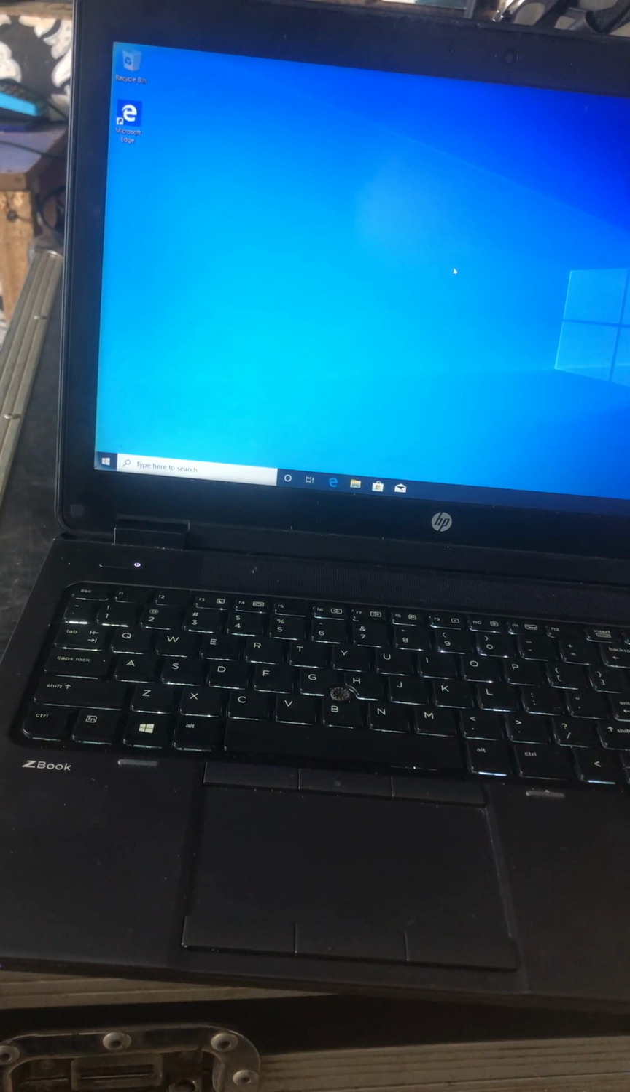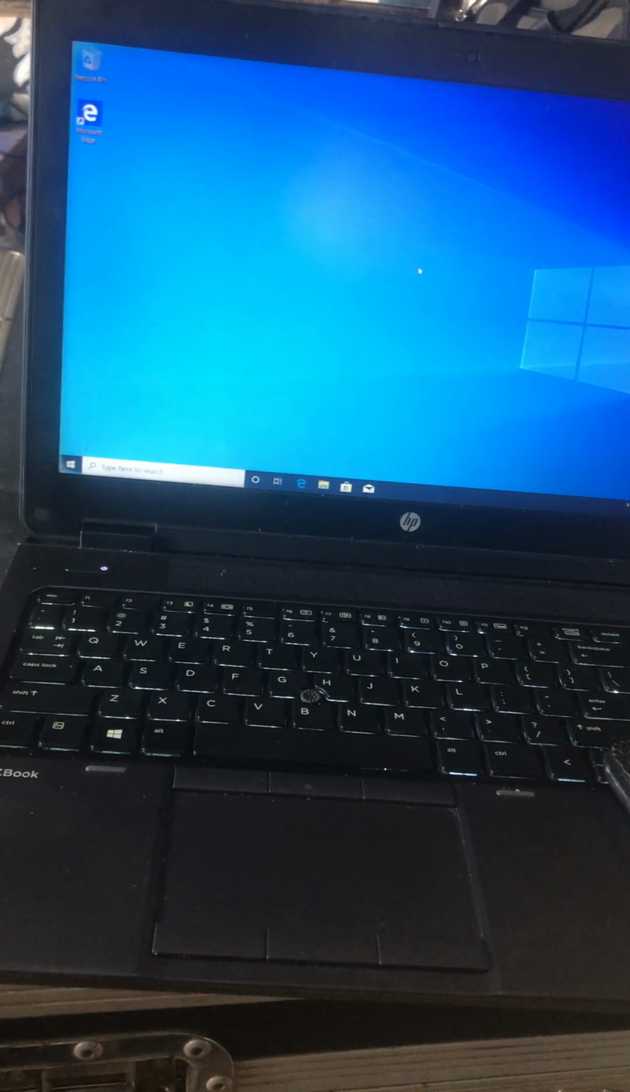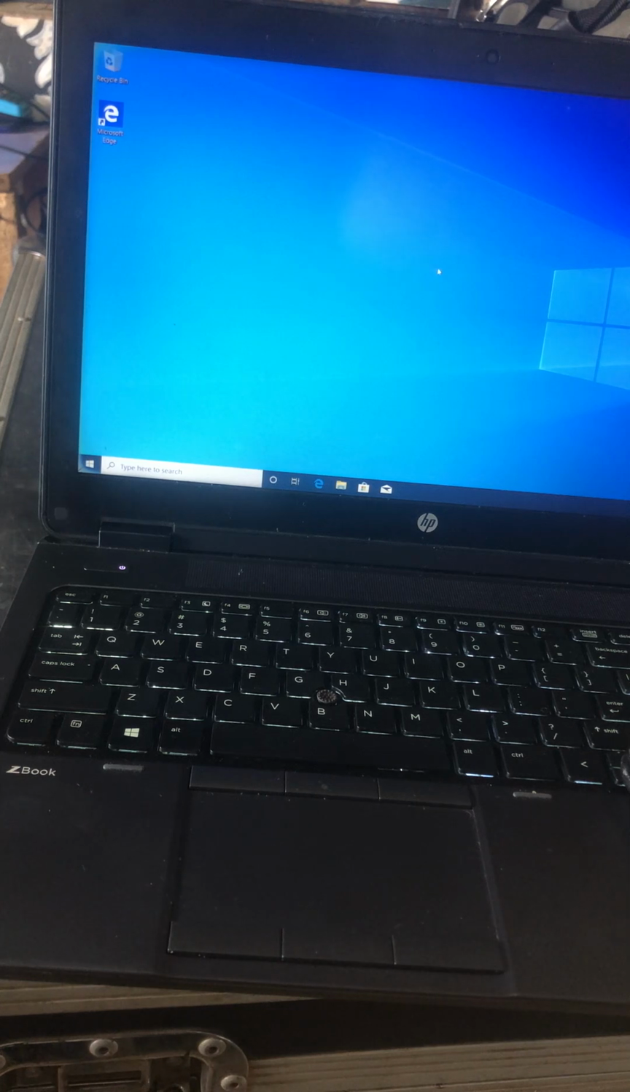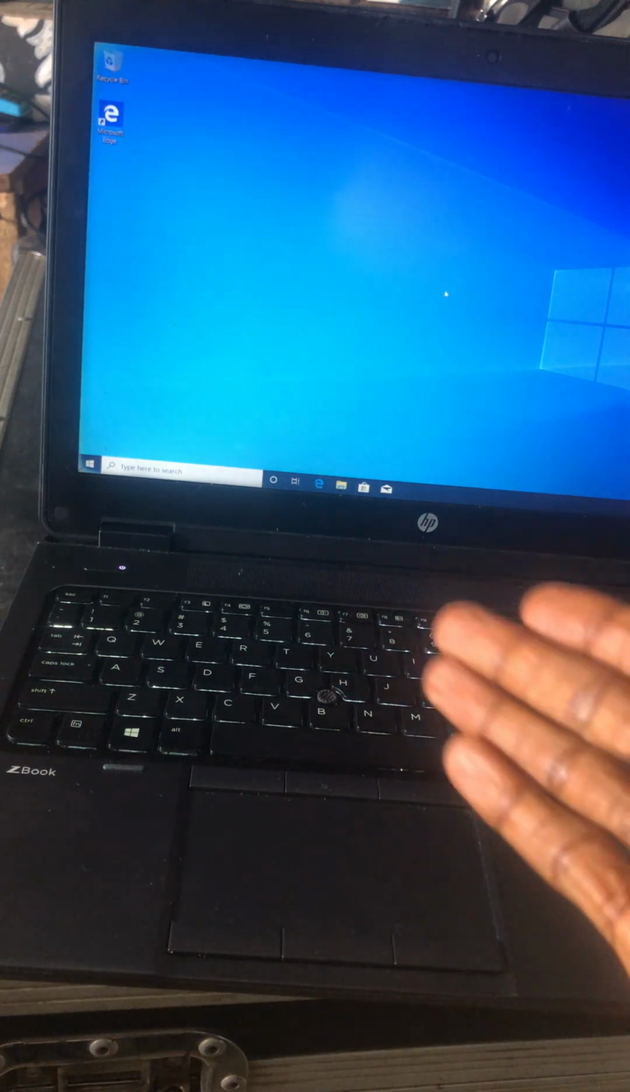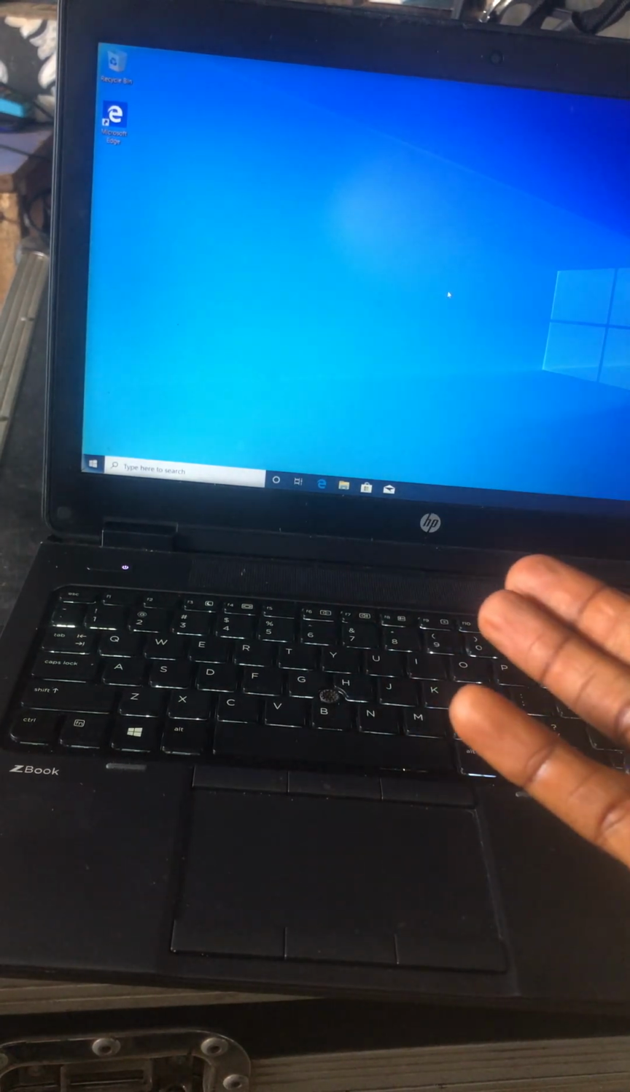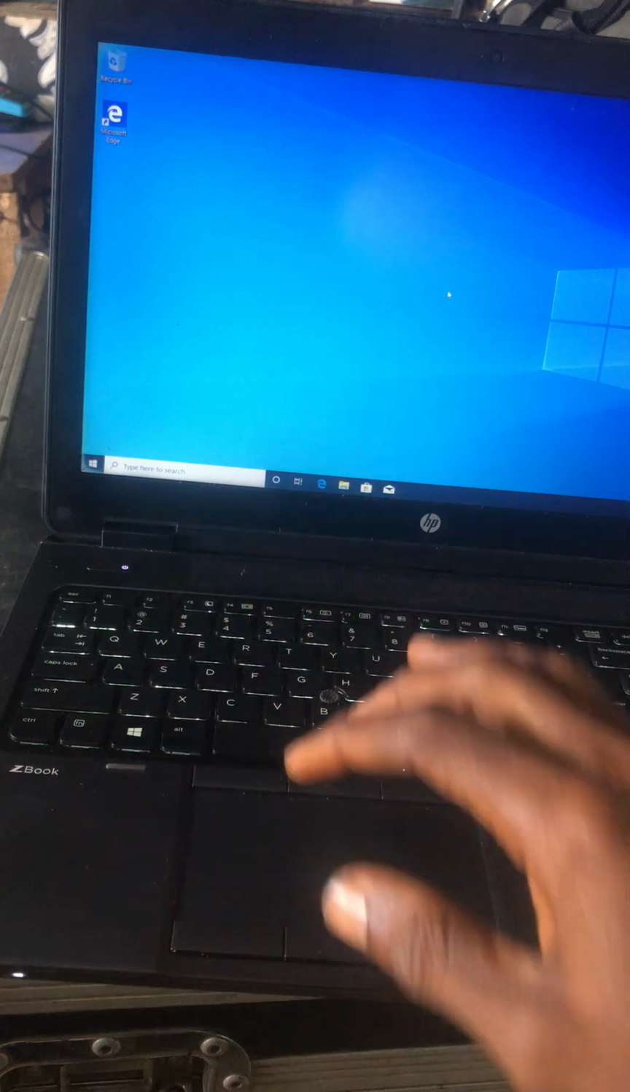People have been asking me, how do you create a partition on your Windows laptop? Maybe you have enough big storage, maybe you want to just create a partition where you can store files. Files will be kept differently. Like, for example,